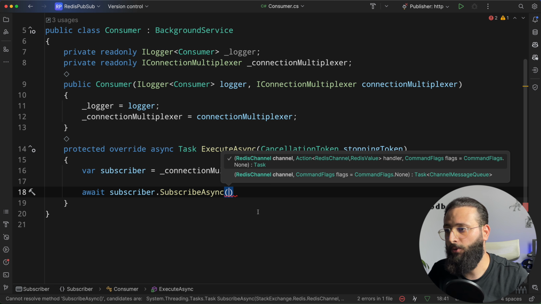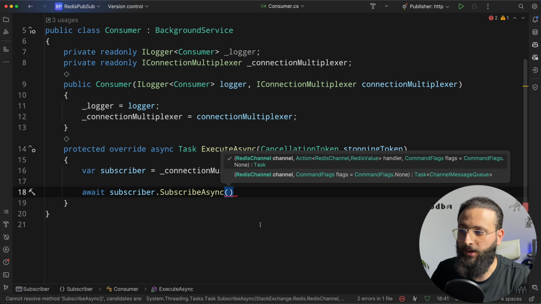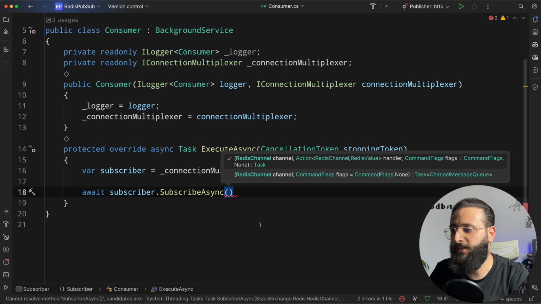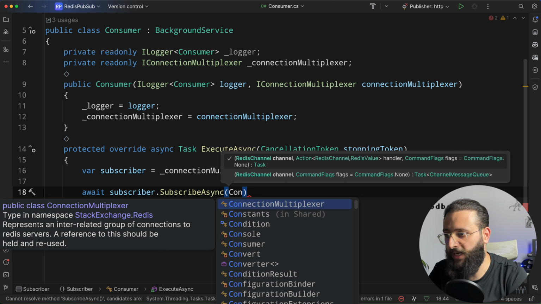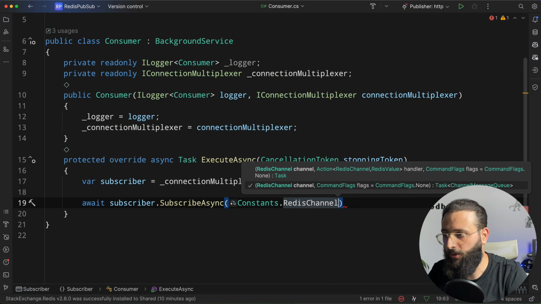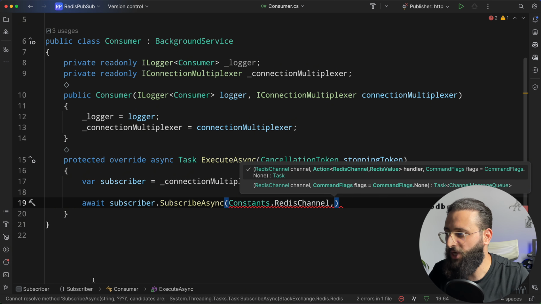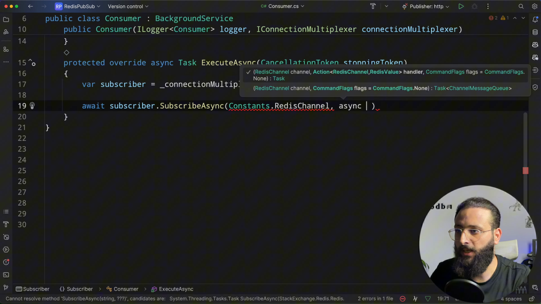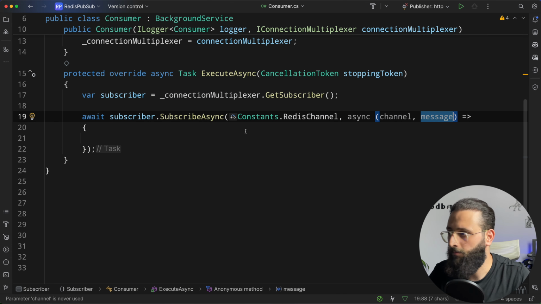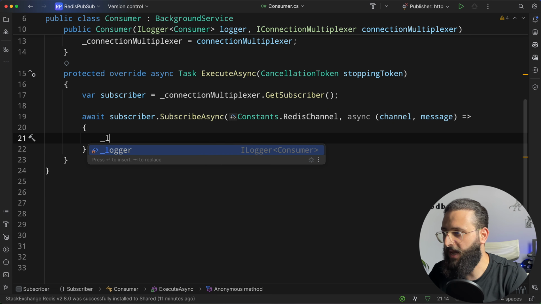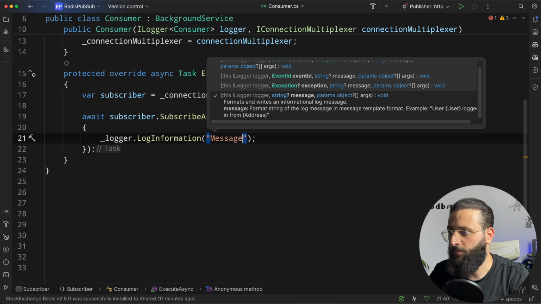And here you can specify the channel, and here is where our constant class is helpful because we don't need to keep sharing the strings everywhere. So Constants.RedisChannel, and in our handler, let's make it async channel, message, and here we can log information message